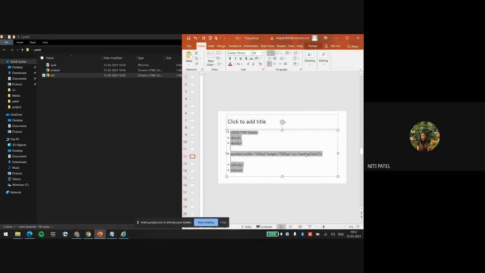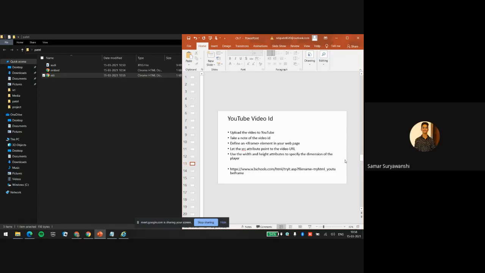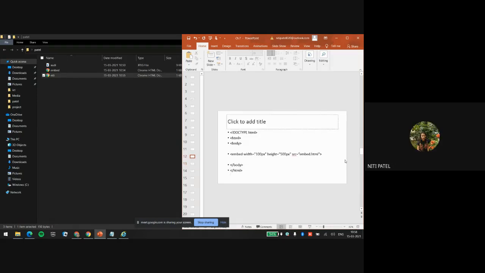You can have this kind of code where you can not only embed an image, but also embed another file. If I want to embed another file, instead of the embed code, what is the other option we have learned? Frame. Yes. So we can also have a document inside an HTML by using the embed tag as well as the frame tag. Ma'am, will the output be the same? The output will be the same. A frame will be created in this case also, and you will have an image in that frame.